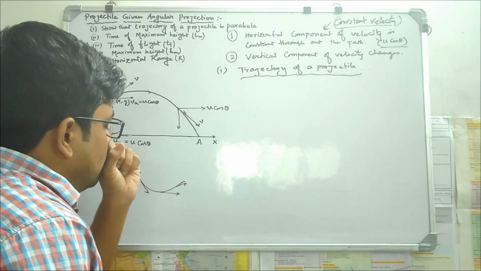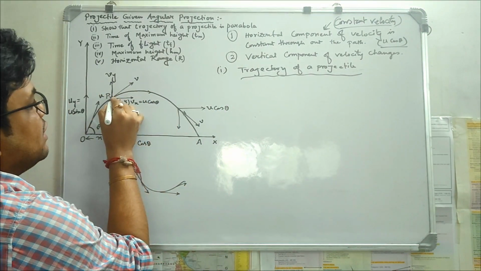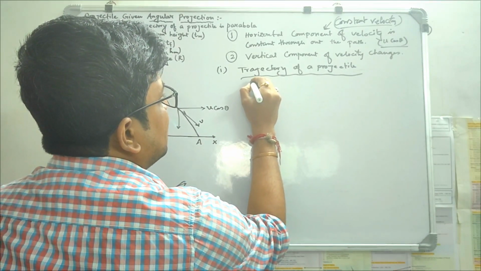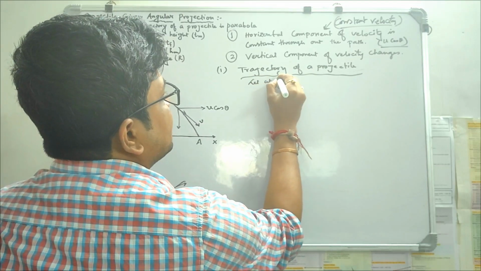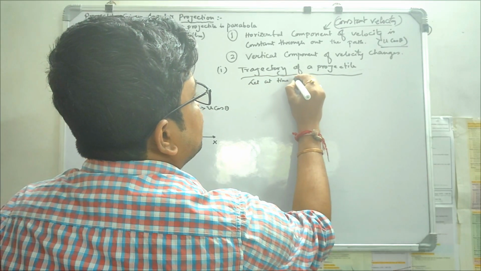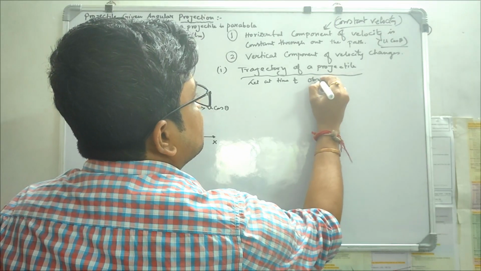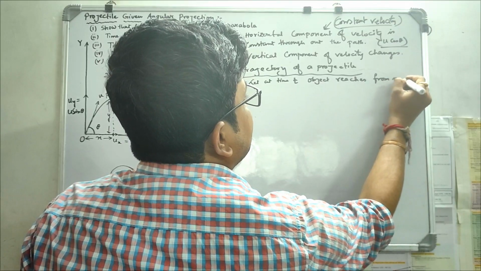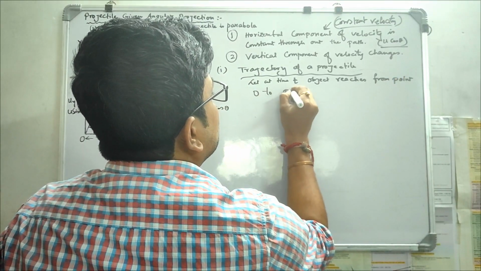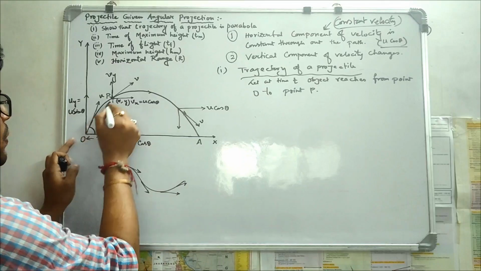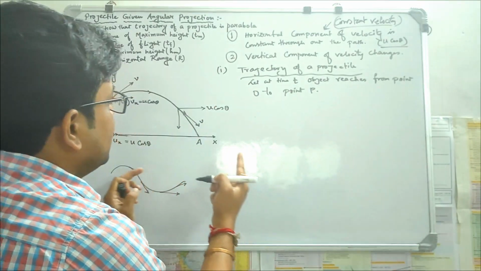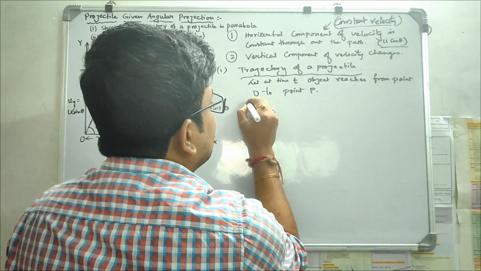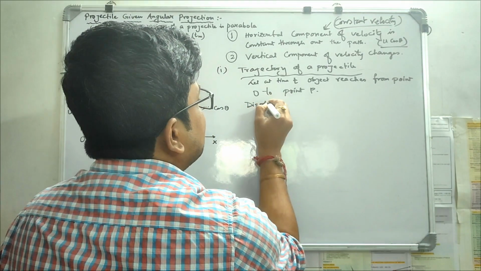So first thing that I want to find out is, at point P, along the x-axis, what is the distance it travels. So at time t, the object reaches from point O to point P. From O to P the object has been reached, right? Now how much displacement along the x-axis, that is the distance travelled or displacement,